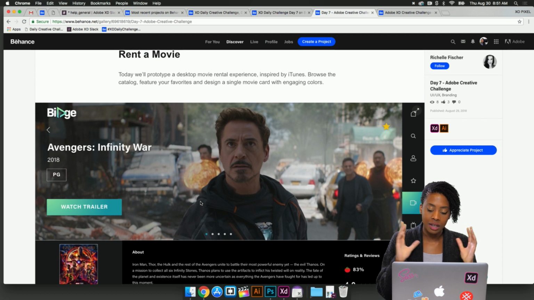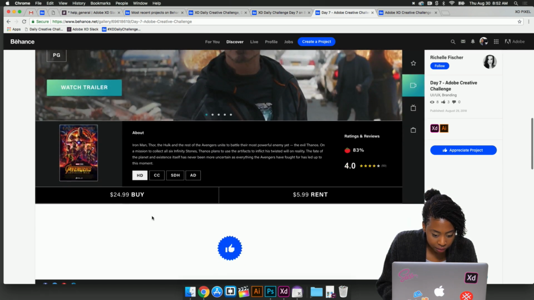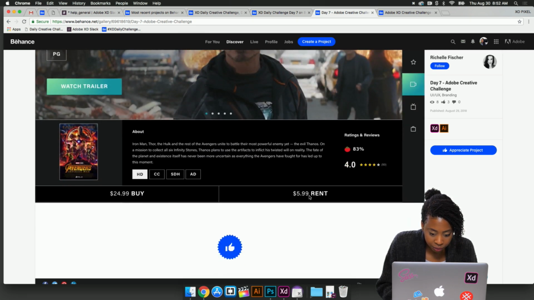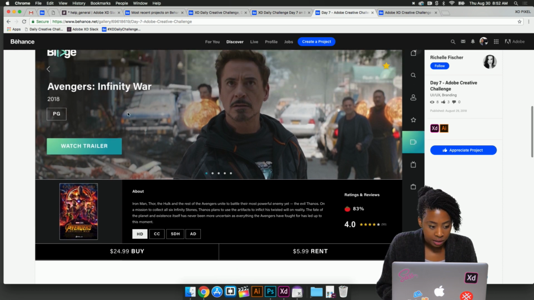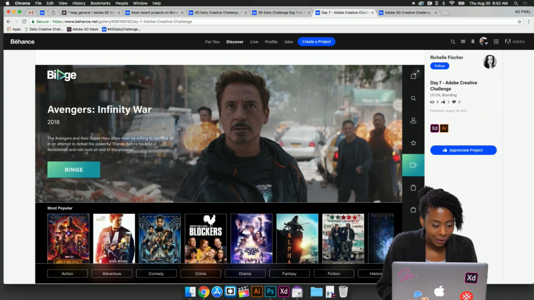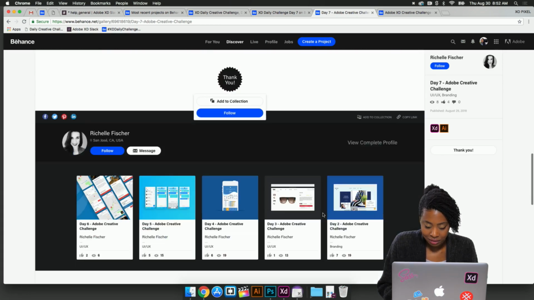Oh, and a very nice featured image. Buy, rent. I think my only comment is maybe distinguishing between buy and rent just a little more, so maybe adding a fill color instead of just using outlines. But this is very good. And I love the logo. Nice. Really great.